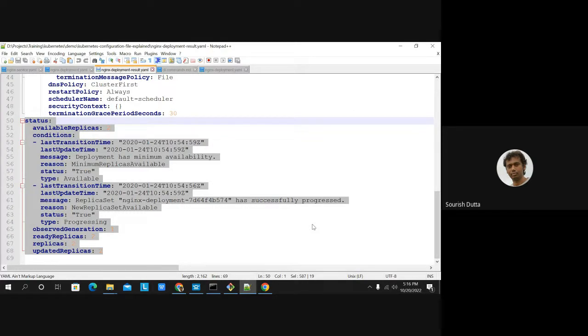Then it says what the last transition time is, what the last update time is, what the message is, what the reason for that message is, whether the status is true, and whether the type is available or progressing. So at that particular time, that particular Nginx deployment had been done. One node is deployed, another node is currently